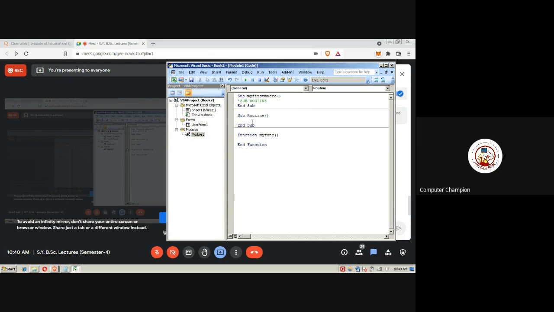Okay, I'll tell you. A subroutine is a logic which we will implement, some steps of processes which we'll implement. And a function is similar to a subroutine, but it returns a value.